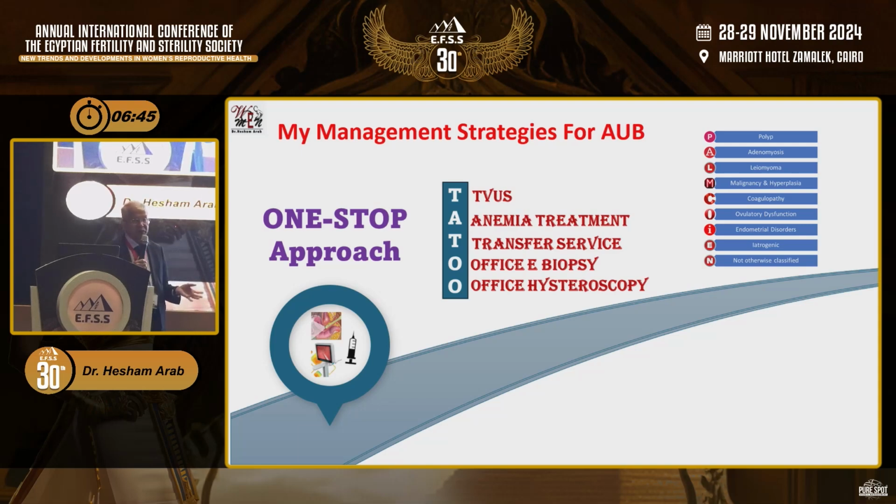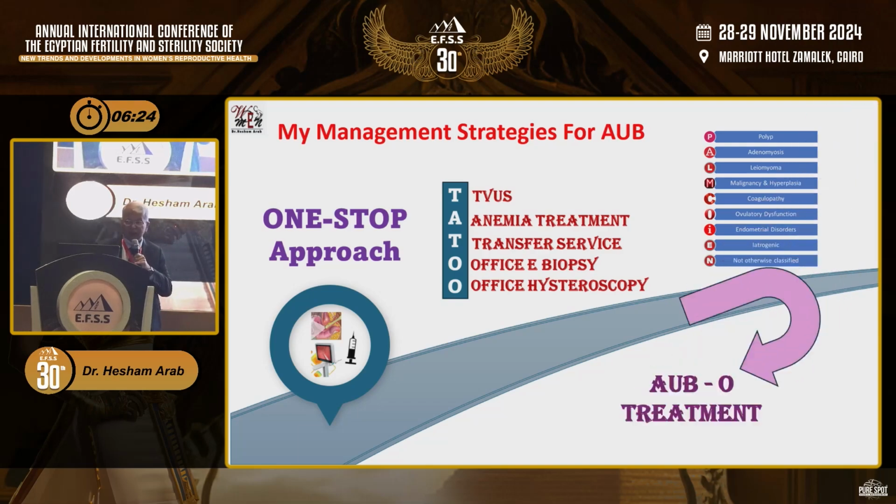I'm encouraging my young trainees now to do more hysteroscopies, and we now have offices in many of the clinics in Saudi. So TATTOO, remember this. You just do these 5 things, and once you have ruled out other things, you're going to have a diagnosis of AUB-O. So that's what FIGO wants to tell us.